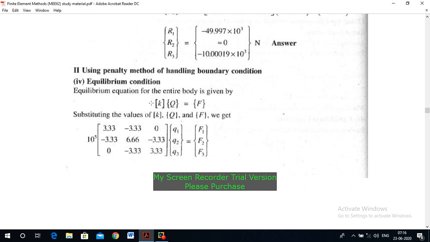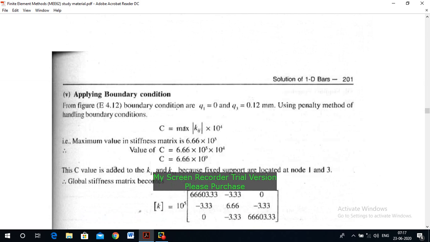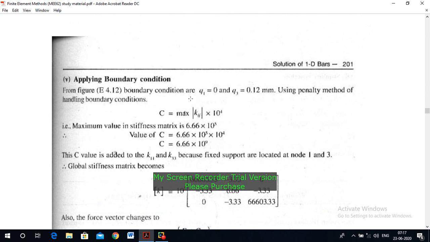Substitute the global stiffness matrix, which we already calculated. Take the same values, and the displacement vector Q is Q1, Q2, Q3, force vector F1, F2, F3. See here, apply the boundary condition by elimination with the penalty approach method. Q1 value equal to 0, Q3 value is already calculated 0.12 mm. Using the penalty method for handling the boundary condition, the stiffness matrix is given by, we know that this